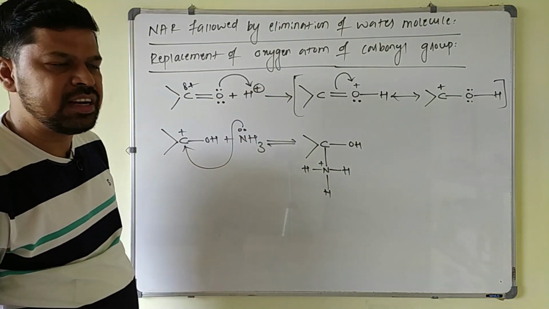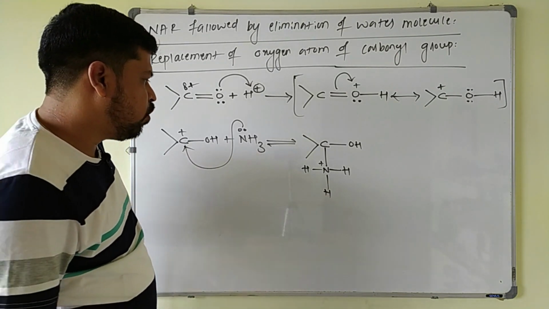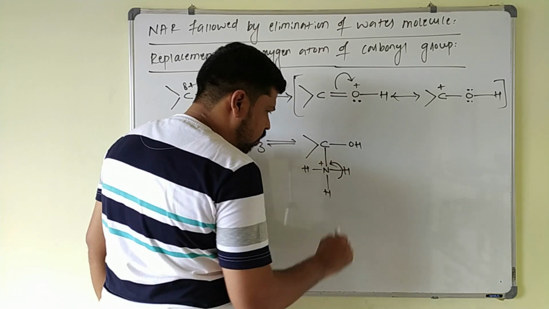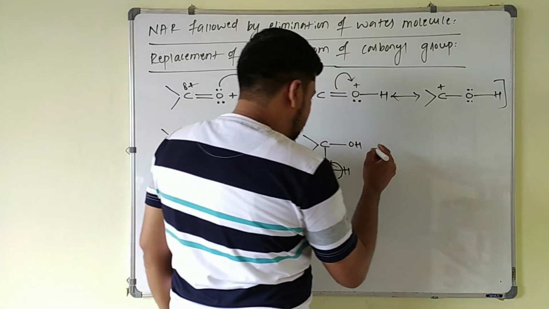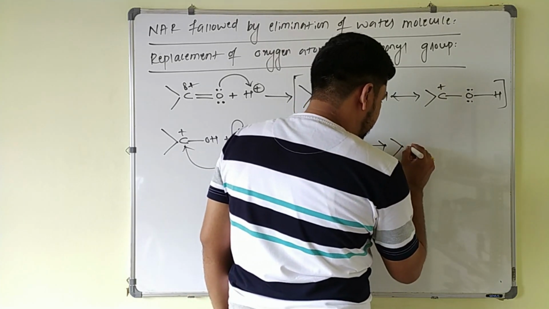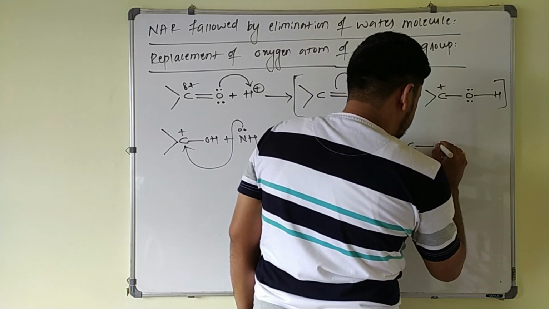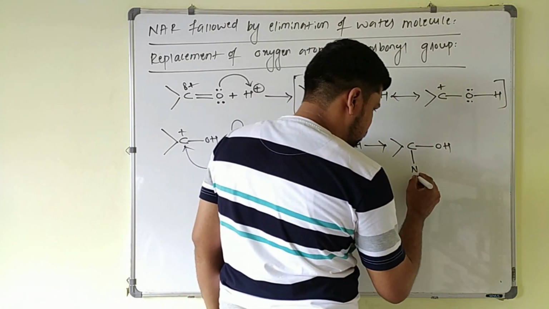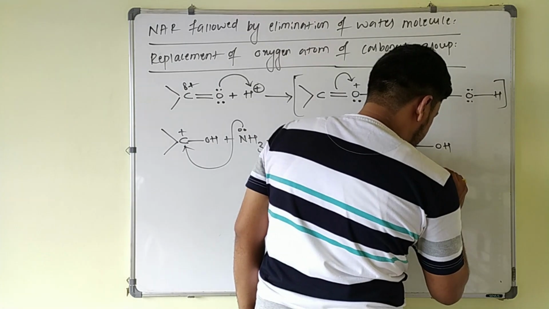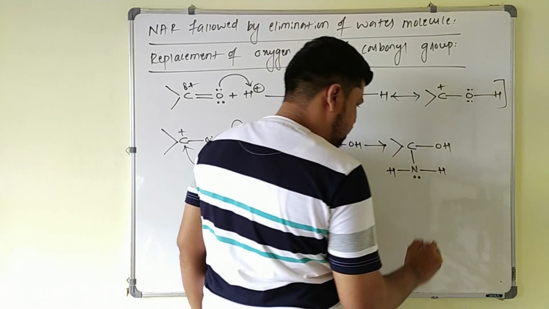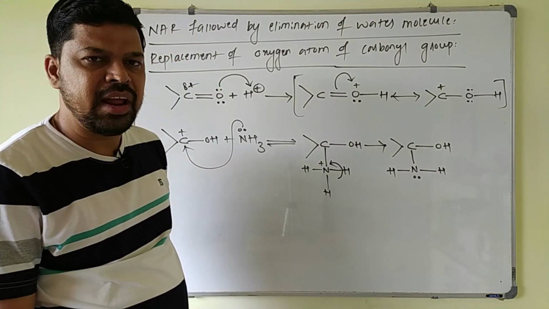As it gets positive charge, being electronegative, it wants more electron density, so it readily takes up a bond pair of one hydrogen. So it can be written as carbon, nitrogen, this is OH as it is. Now this is a nitrogen and this is hydrogen and this will be another hydrogen, so that this nitrogen gets a lone pair of electrons as it is.